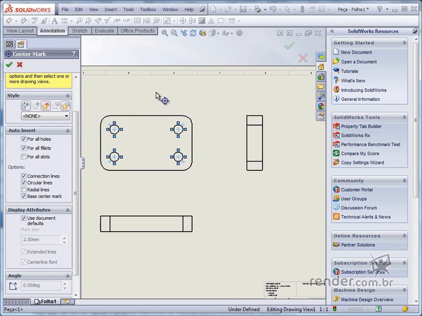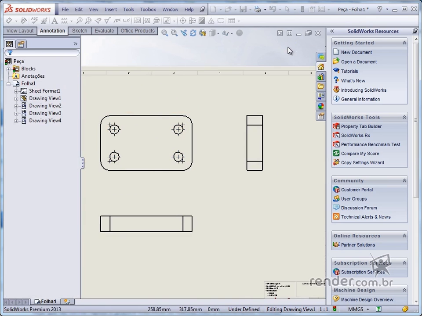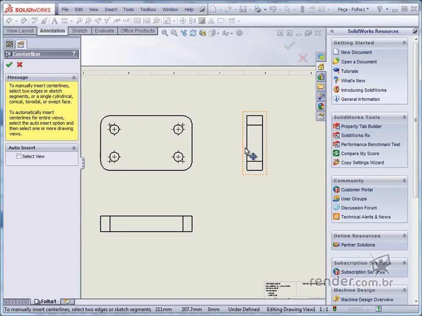To add center lines in axes, we use the command centerline. After activating it, just click on two parallel edges to add the markup. Note